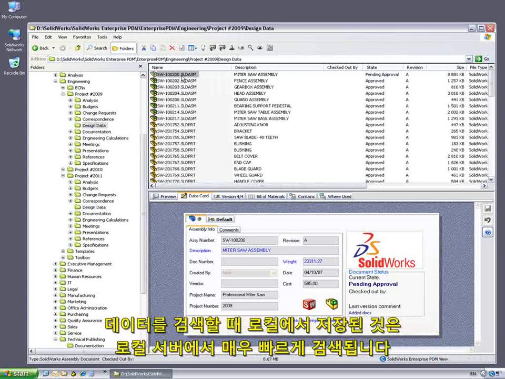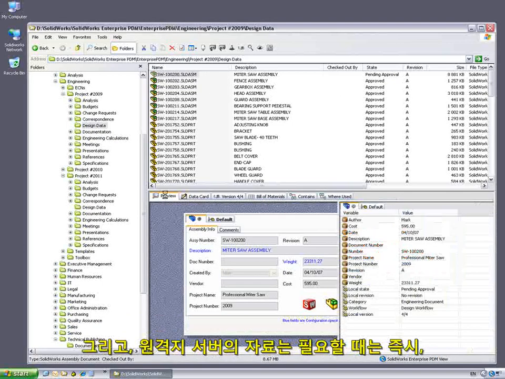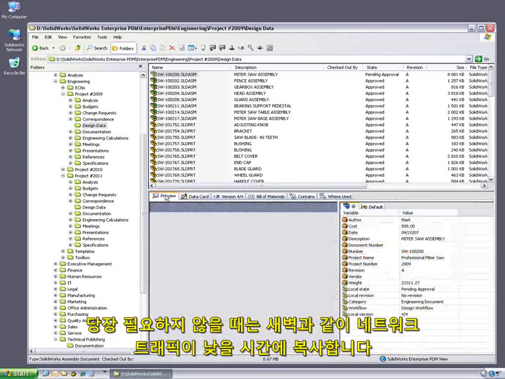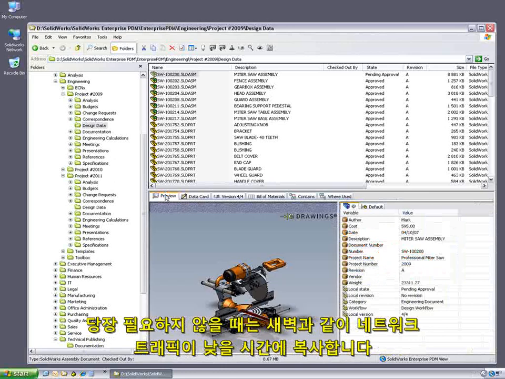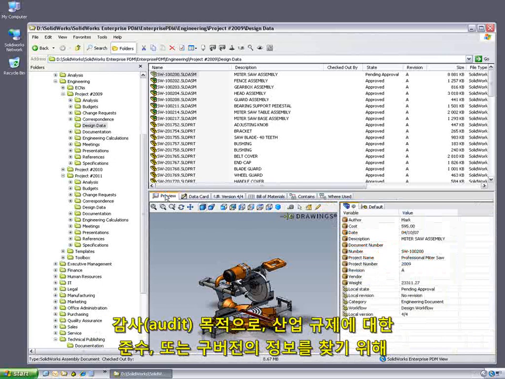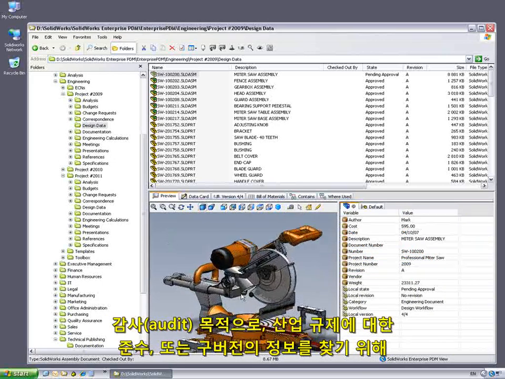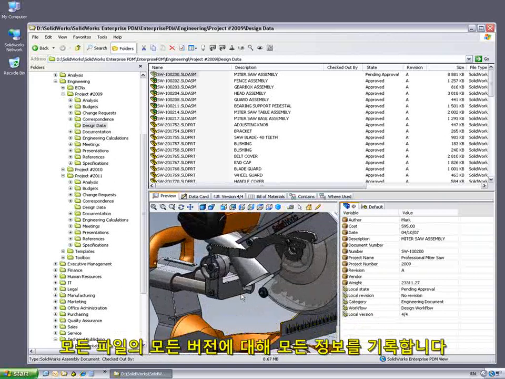For extremely fast performance when retrieving data, all data created locally is stored on the local server and only copied to a remote server if the data is needed immediately or when network traffic is at a minimum, for example overnight. For auditing purposes, compliance with industry regulations, or to get information on previous product configurations, SOLIDWORKS Enterprise PDM tracks